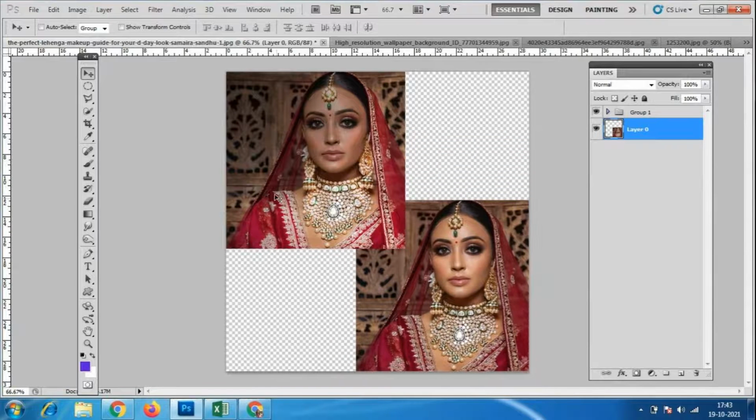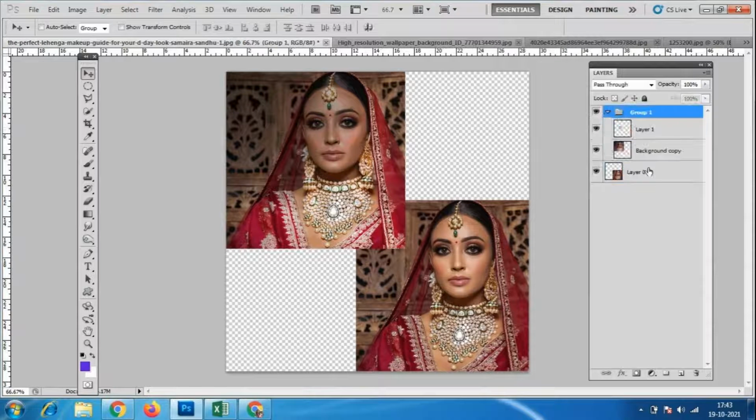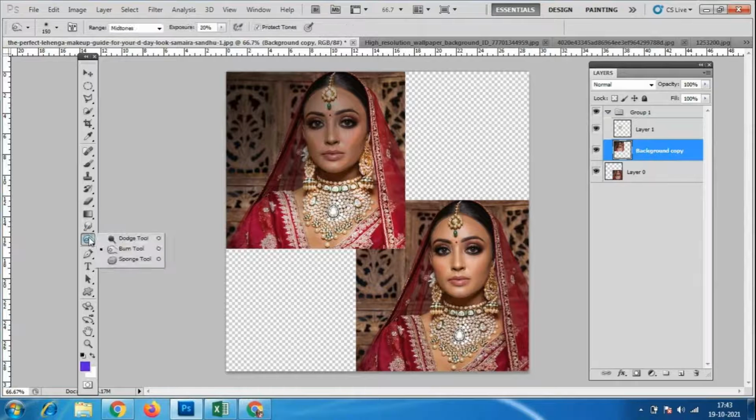See, now you can see the changes. After editing, the image becomes like this; before editing, it is like this. You can add a label here, after and before, and any other changes you want. Here I'll select this Background copy and use the dodge tool. I want to make this image very bright. See, I have made it very bright here. I want work from you people like this.